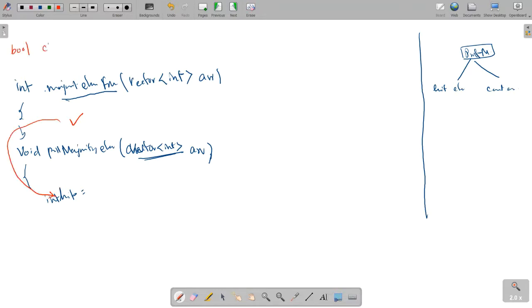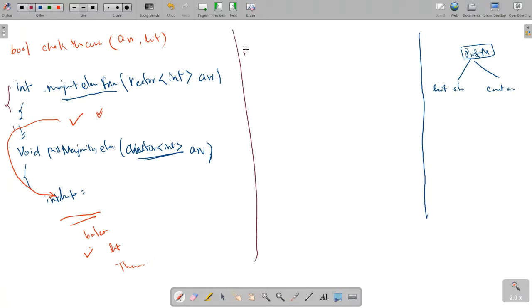So that function will check the counter. And in that function we are going to pass the array as well as the hit that we are getting from here. So if the boolean function is true, then we are going to print the hit. If the boolean function is false, then we print there are no majority element. So I'm going to write this code one by one, so you guys should try to understand. Okay. First function is this one.